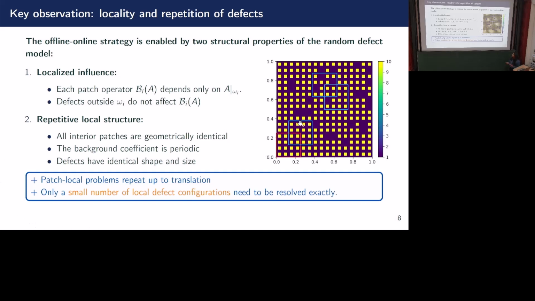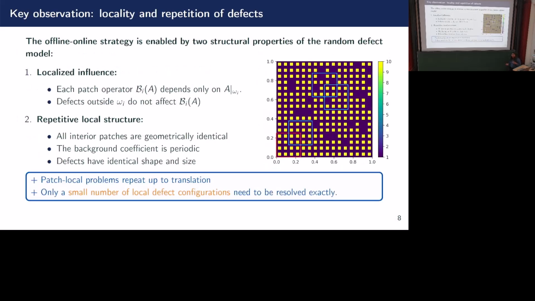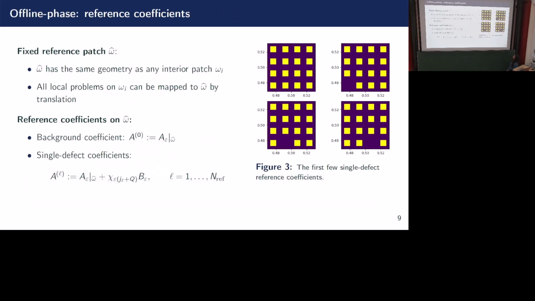And now, if there is a way that we can extract the right information for each of these defect locations here, then this is what we actually need to construct any BI that corresponds to any other patch. I mean, we need to do it in the correct way, extract information, and that is what we do in our offline-online stages. So in the offline stage, we now consider a reference patch, and then we want to construct